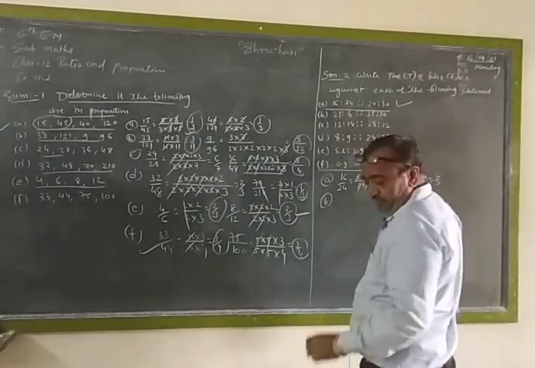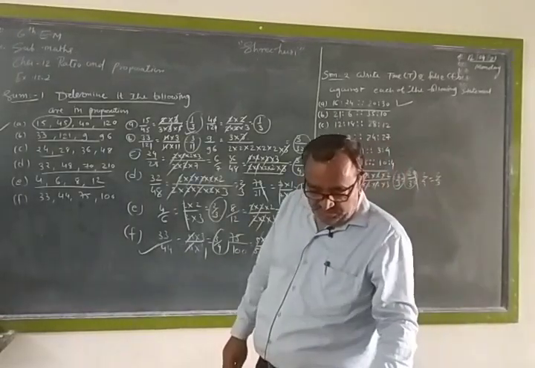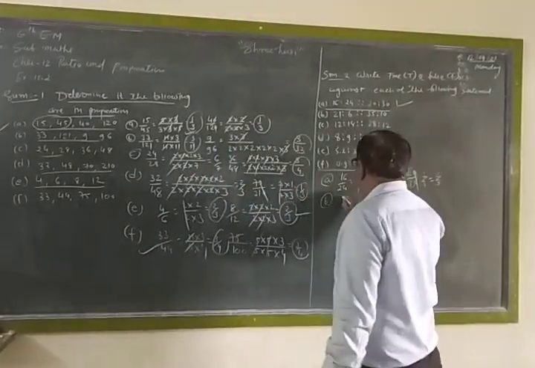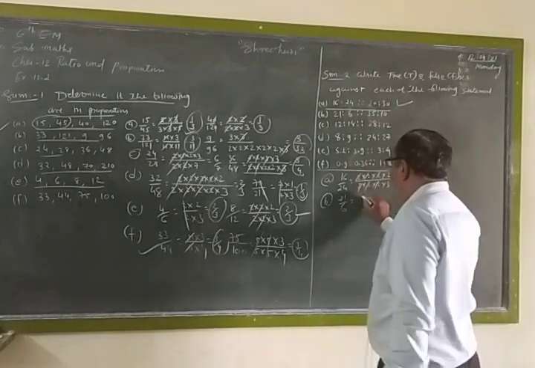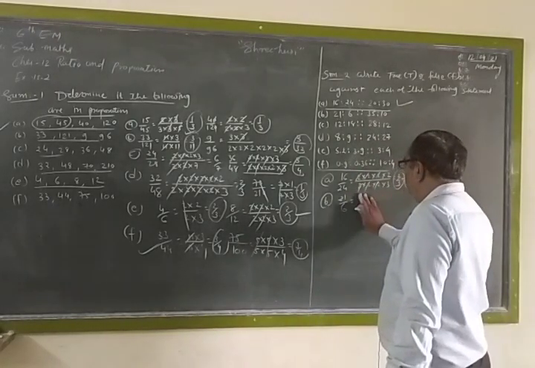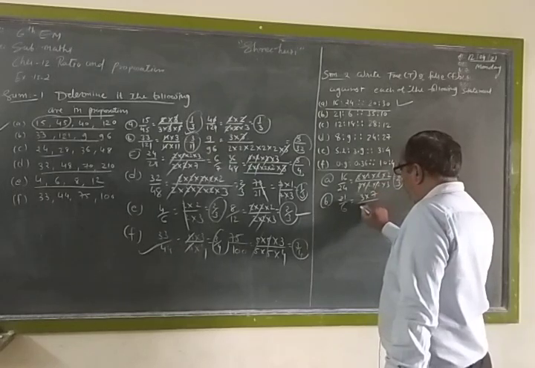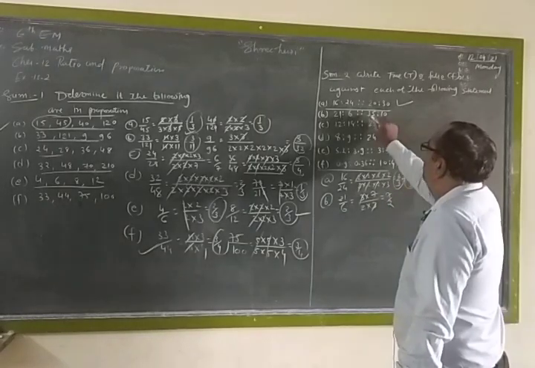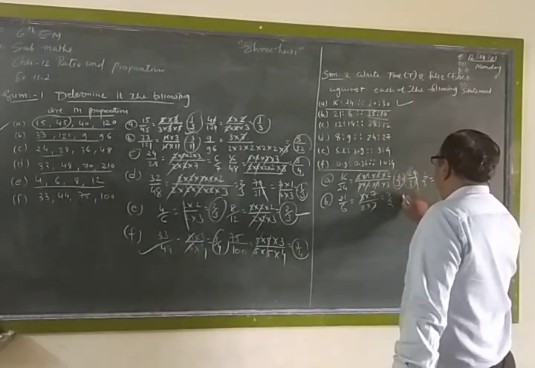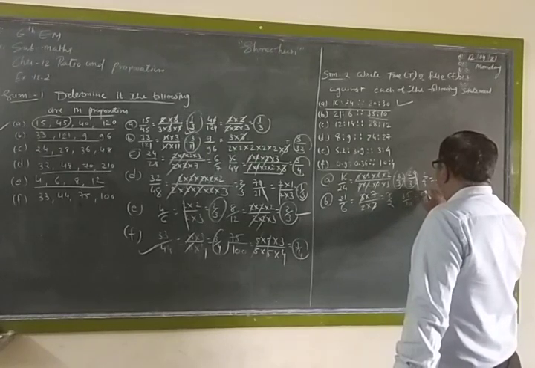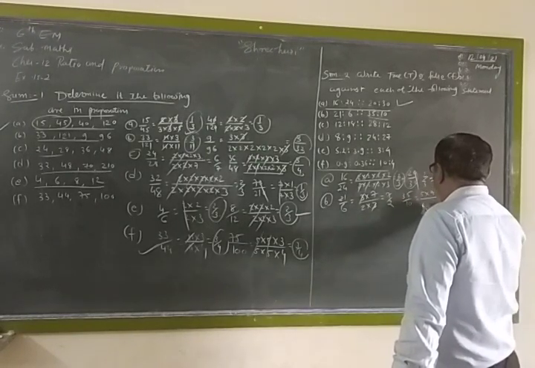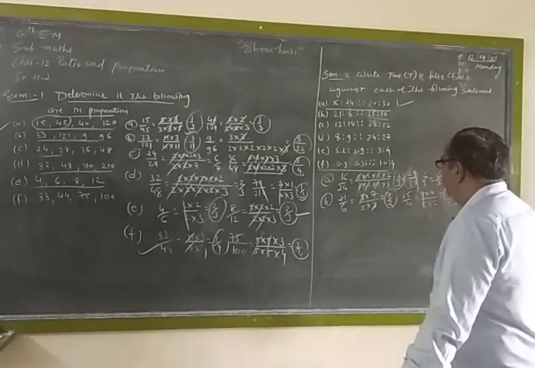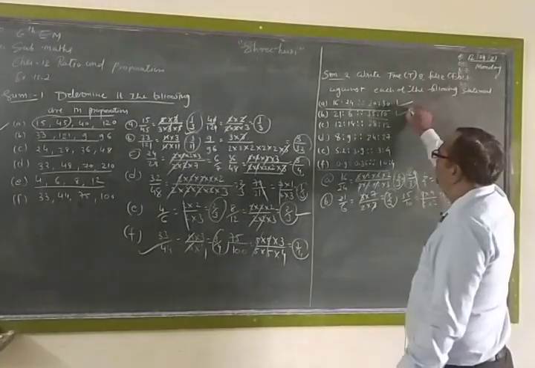21 upon 6. I check the sum first. Sum number 2, yes, 21 upon 6. So the reduced form of 21 upon 6: 3 7s are 21 and 2 3s are 6, 3 and 3 cut, 7 upon 2. Now 35 upon 10: 5 7s are 35, 5 2s are 10, 7 upon 2. Both reduced forms are the same, so it is also true.